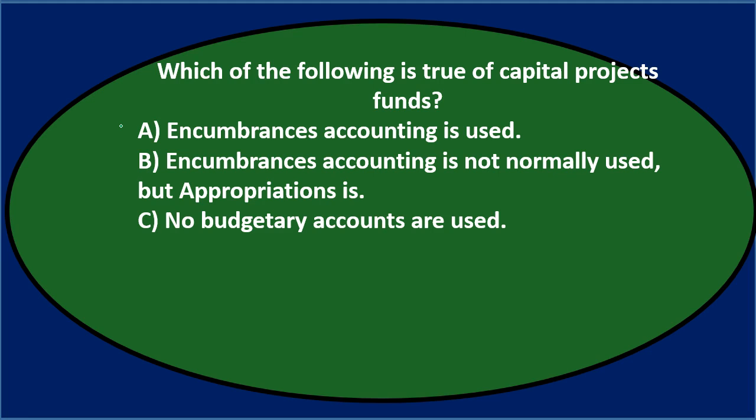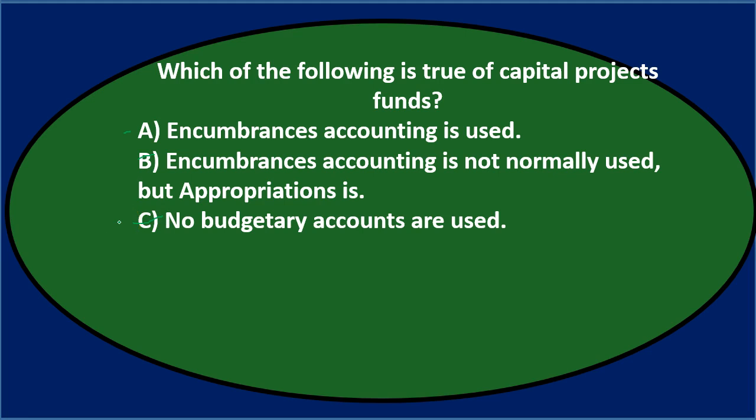So if A says encumbrance accounting is used, that seems like okay. And then B says encumbrance accounting is not normally used, but appropriations are. So I would think between the two, I would go with A. And then C says no budgetary accounts are used. Now, encumbrances, I would call it more of a clearing account than kind of budgetary accounts, but technically they fall under budgetary accounts as well. So therefore, C is not it if encumbrances are used. Therefore, final answer A,